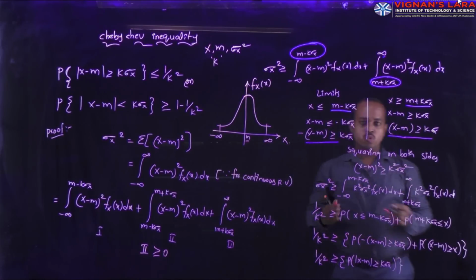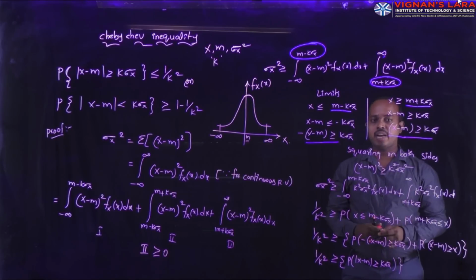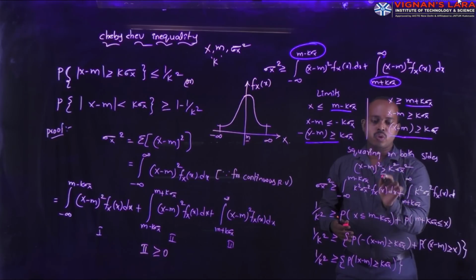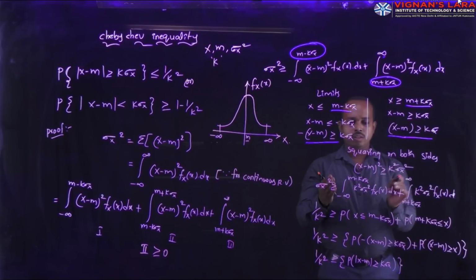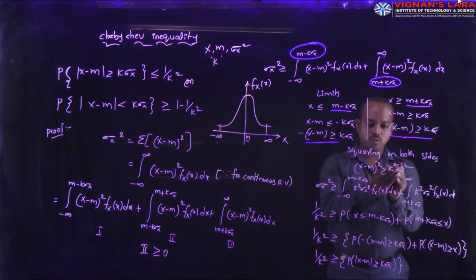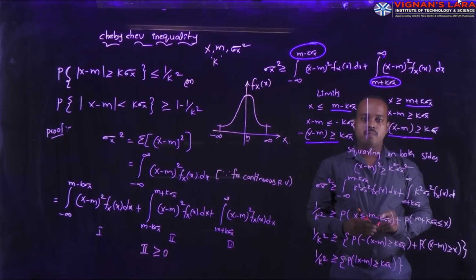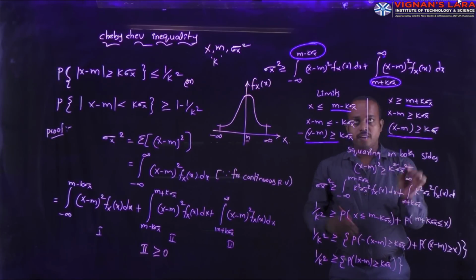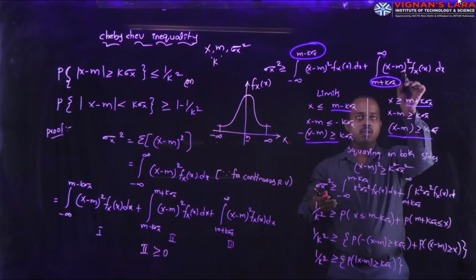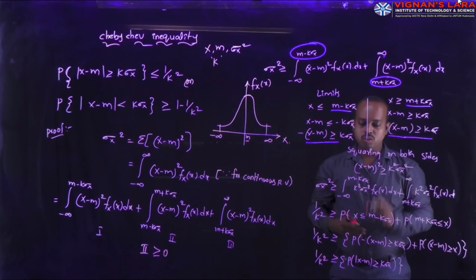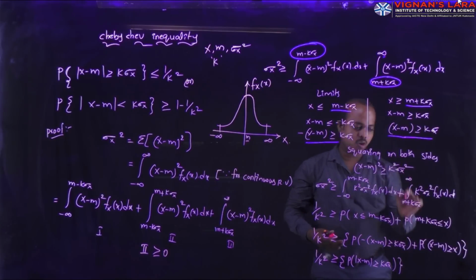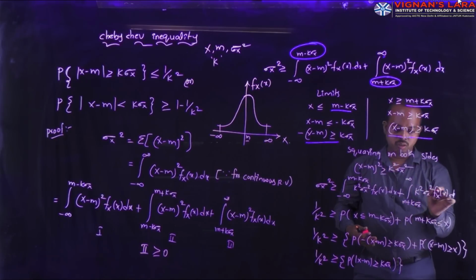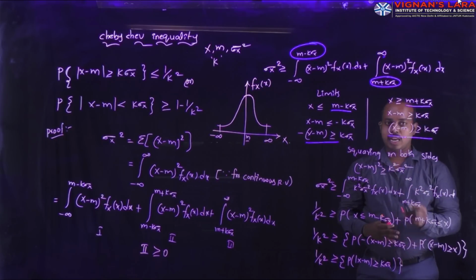Now you can observe that these two quantities both have the same comparison operator, but x minus m is positive here and negative there. That's why I am squaring on both sides. We obtain x minus m whole square greater than or equal to k square into sigma x square. Based on that, I replace this quantity in these two terms. Where x minus m is there, you can just keep the quantity k square into sigma x square. That I am writing here, k square into sigma x square in both terms.